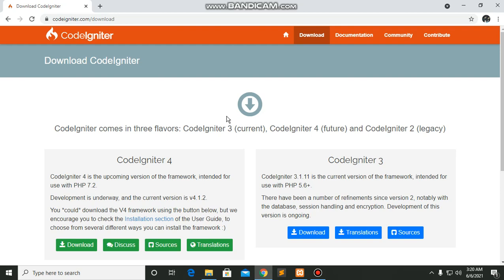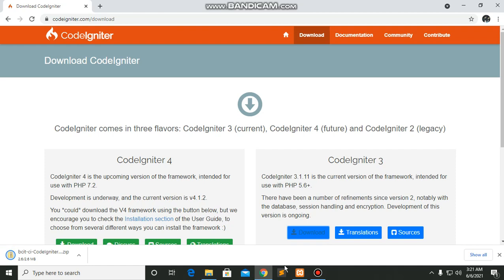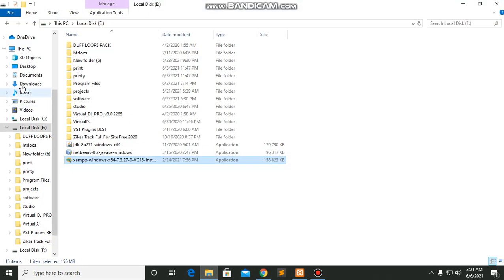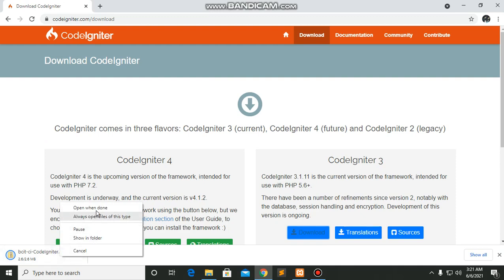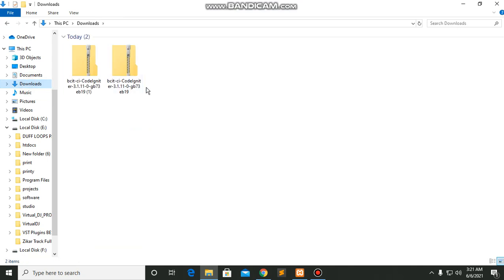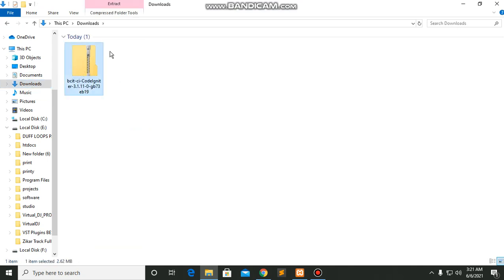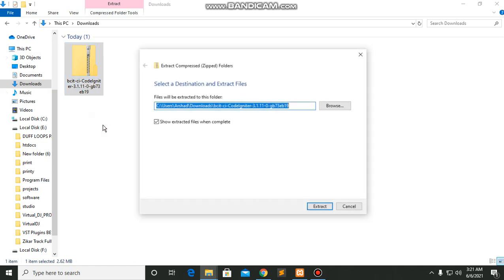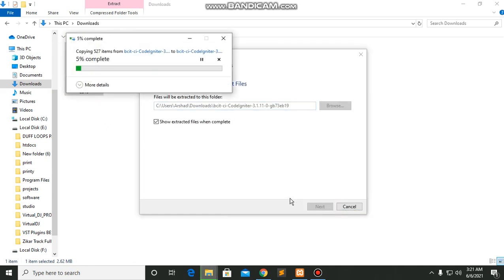So let's start. The first thing, you have to download CodeIgniter. You click on it and it starts downloading. I have already downloaded this, so let me cancel this one. Now you can see when you download, you have to extract and just wait for one or two minutes.